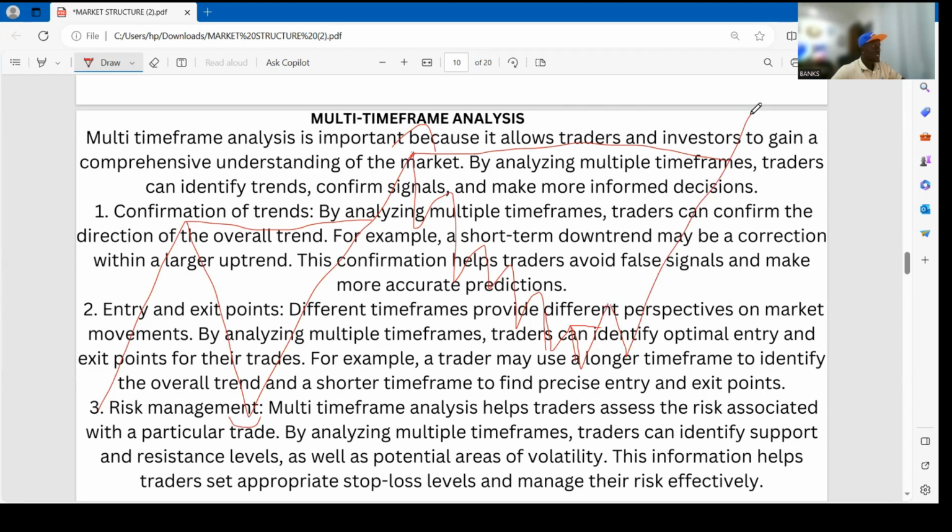Break another structure again, market pulls back. We find another entry again to continue our higher time frame market structure or higher time frame trend. So this confirmation helps traders to avoid false signals and make more accurate predictions. When you are on a higher time frame trend,